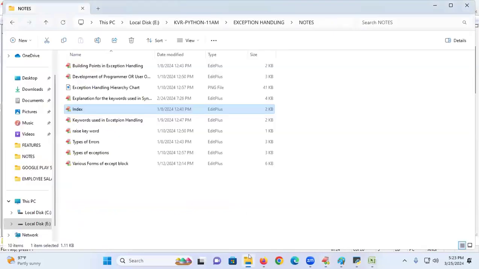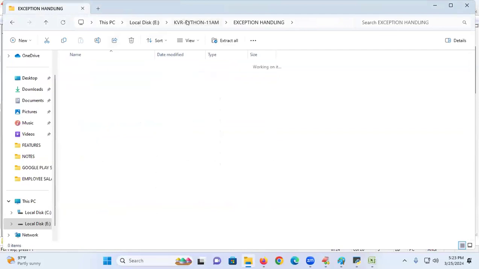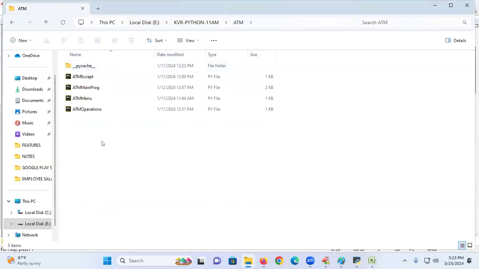In my class, we have case study 1, case study 2, and one more case study I'm explaining: the ATM case study. I'm going to run this and also explain how to generate the PIN number. If you withdraw more than 10,000, will a PIN number come or not? Randomly one PIN will come. How to generate that PIN and all those things I'll explain in the class. Are you getting, students? That type of examples I'm going to explain in my classes.